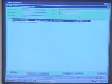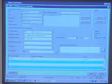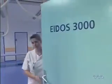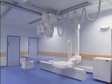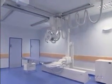Another imperative requirement is the integration of such technologies within the other clinical methods that already use a network environment for patient management. In order to meet these requirements, Mecall has developed an integrated and multi-purpose radiography system based on the solid-state detector Eidos 3000. The design of the system allows the management of all chest, bone and urgent studies in